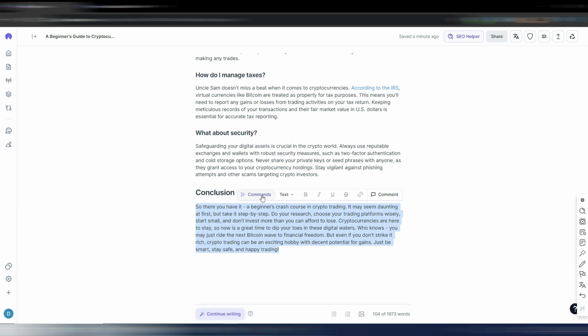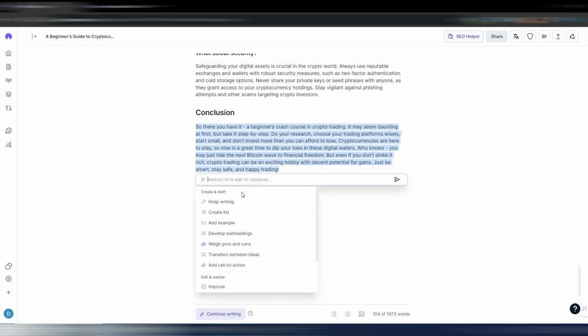because if I select this section, this conclusion, for example, I have a commands section, and here I can choose whatever I want: keep writing, create list, add an example, develop subheadings, weigh pros and cons, transition between ideas, call to action, improve. And I think you can also write your own command here. If I write "make it shorter,"